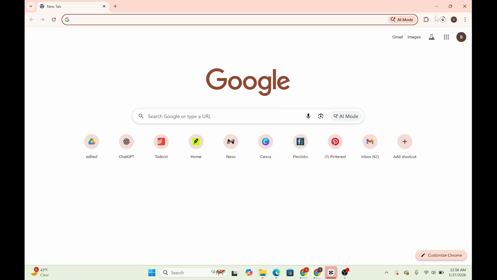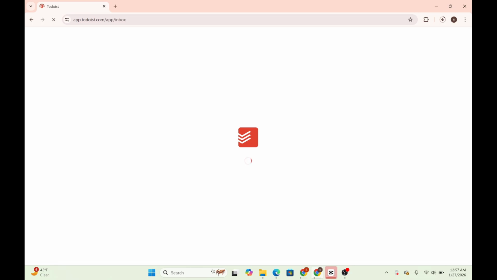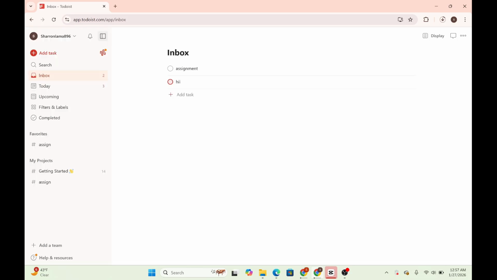First you need to open Todoist on your laptop or the browser and make sure to log into your account. Over here, first you need to open any web browser, and at the top you can see there's a search bar. Type todoist.com and make sure to enter it. When you reach this interface of Todoist to start planning your daily routine, you can select